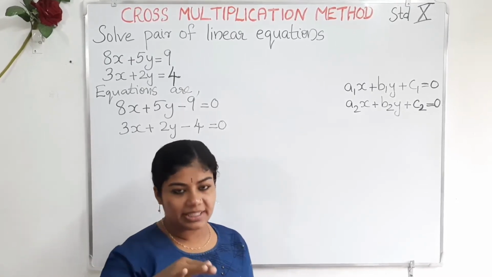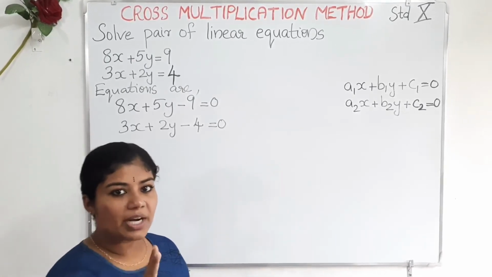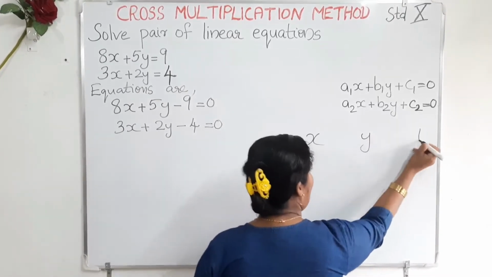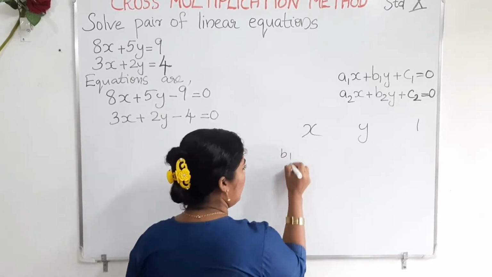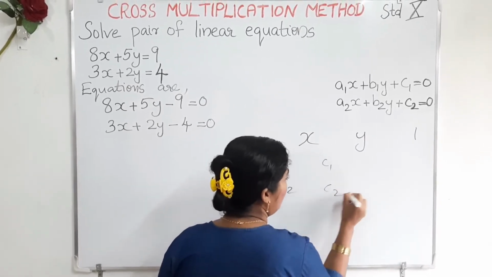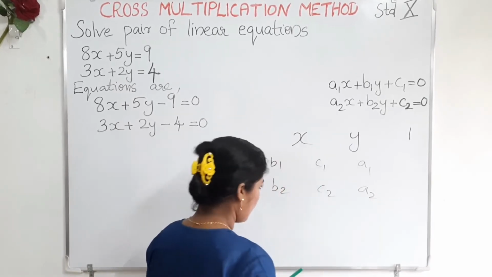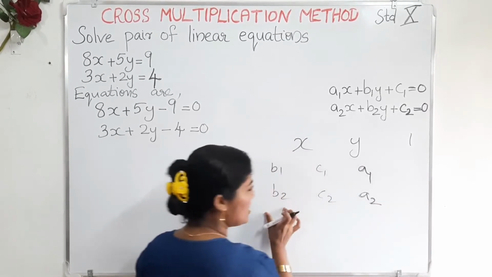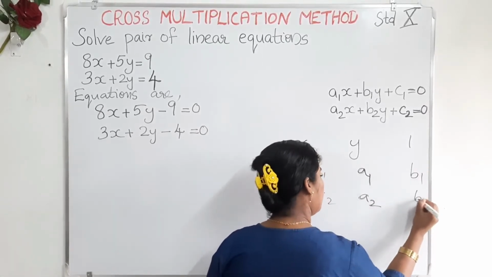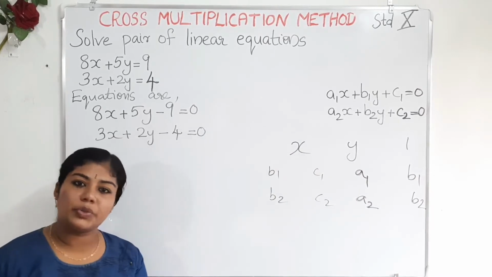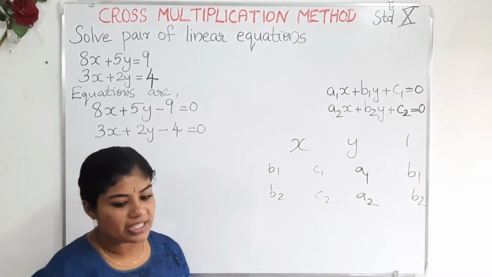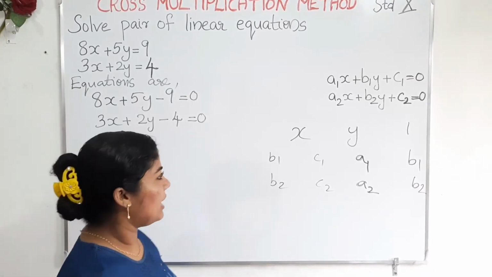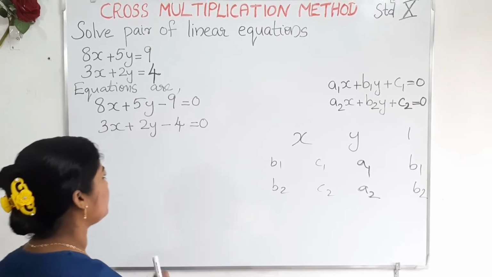Okay, so you just take your second step. There you can see x, y, 1 and b1, b2, c1, c2, a1, a2, and again the last is the same as the first, b1, b2. See, this is the step 2 we wrote. In your notes, compare the steps with this problem and do them together. So let's write this step 2 here.